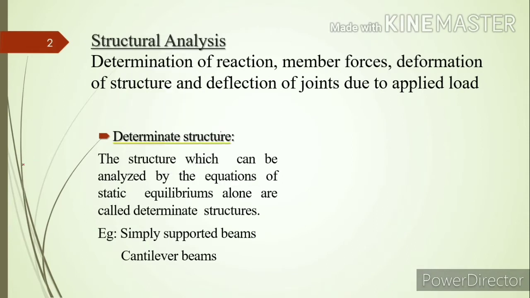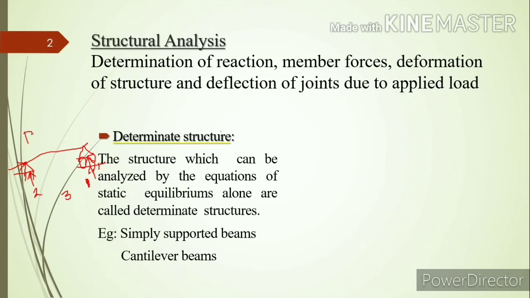You know that simply supported beam means one end of the beam is hinged and the other end support is a roller support. So the number of unknown reactions in the hinged support is one vertical reaction and one horizontal reaction. That is, there are two unknown reactions for hinged support. Similarly, on the other side, that is the roller support, there is only one unknown reaction, that is, one vertical reaction. Therefore, the total number of unknown reactions is 2 plus 1, which is 3.